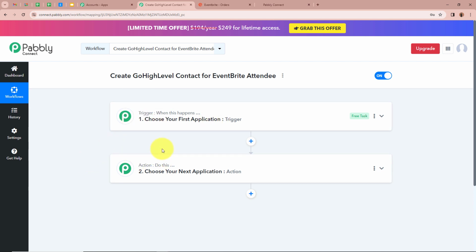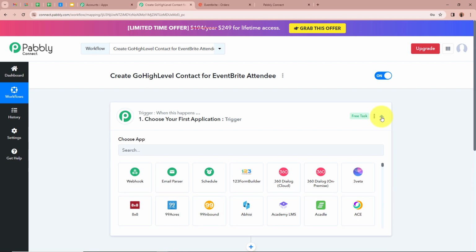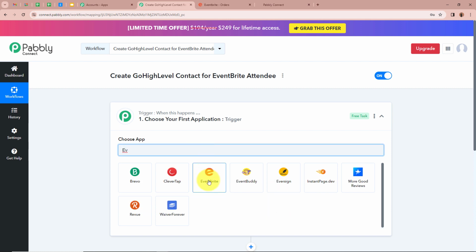In an automation process, there can be only one trigger step but multiple action steps. Firstly, we are going to set up our trigger step. For that, we have to click on this arrow right over here. It is asking for us to select our trigger application. We are going to select our trigger application as EventBrite because we want that whenever we add an attendee in